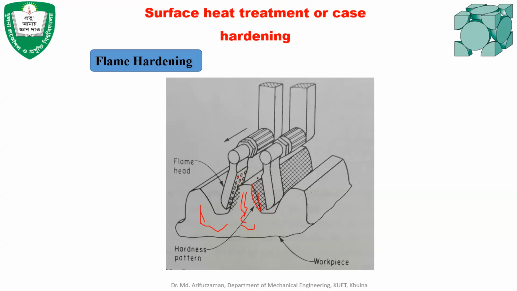Actually, in the case of flame hardening, most of the cases are gears or shafts, the shaft surfaces. Shafts are often subjected to wear because of the continuous rotation inside the bearing. And also the bearing surface. In the case of a bearing, there are balls, right? So the bearing surfaces and the ball surfaces can also be hardened by the flame hardening method. Or you can use whichever is economical. Okay, you can use that.